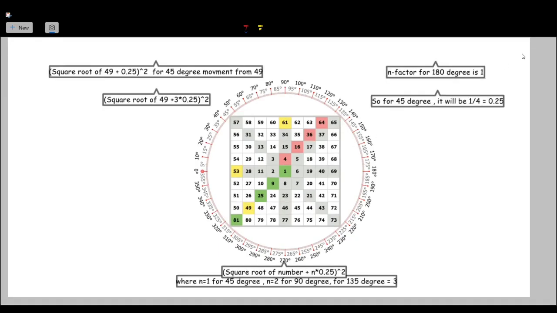Here these patterns follow a set of rules of mathematics. As we know, the n factor for 180 degree in mathematics is 1. So for 45 degree, it will be 1 by 4, which equals 0.25. Now here we can see that this number is 49. If we go 45 degrees clockwise from this number, then the next number will be 53, which we can calculate